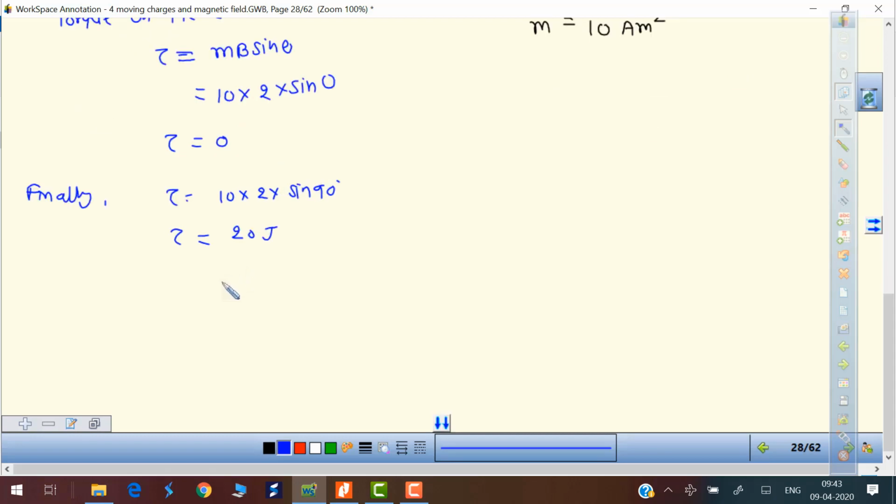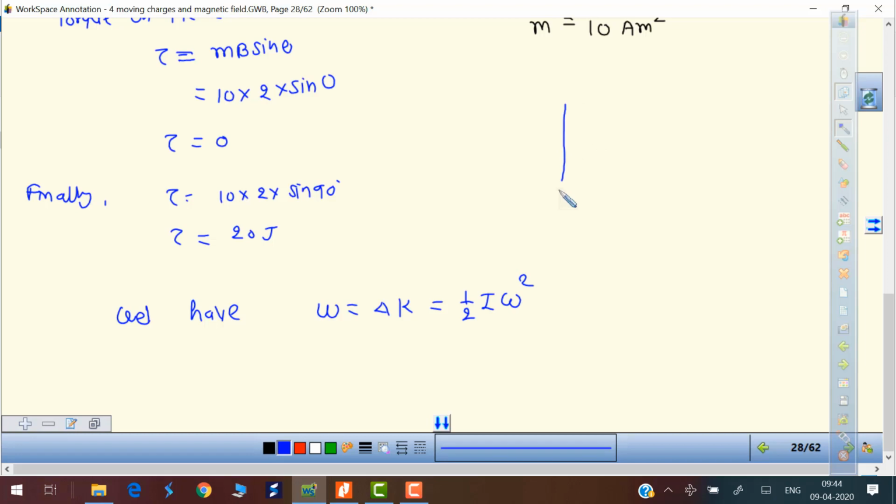So I can use some different approach also to calculate the final angular speed. So we know that work is equal to change in kinetic energy, and this is nothing but half I omega square. Initial kinetic energy is 0, final kinetic energy is half I omega square. Okay, this is the change in kinetic energy. And what is the work done? So that is the change in potential energy.